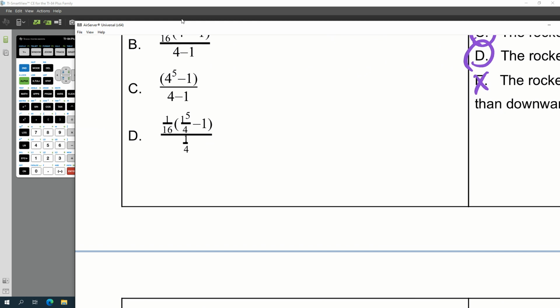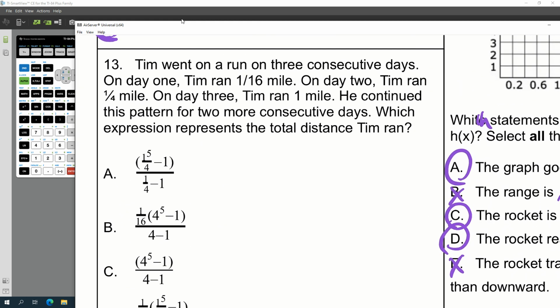Okay, and then for 13, Tim went on a run 3 consecutive days. On day 1, he ran a sixteenth of a mile. Day 2, a quarter, and then 1 mile. He continues this pattern for 2 more consecutive days. We're going to write an expression to represent the distance he traveled. So you guys should have a reference sheet that we want the sum